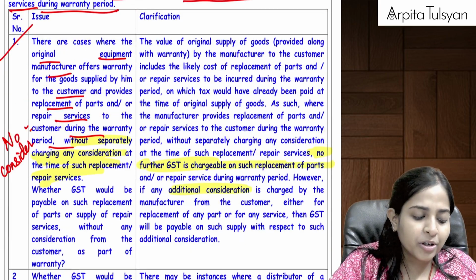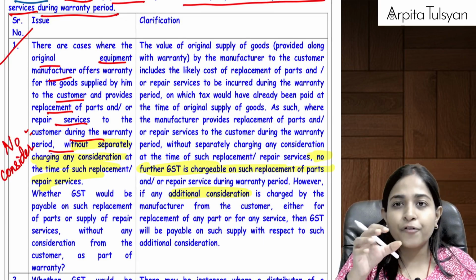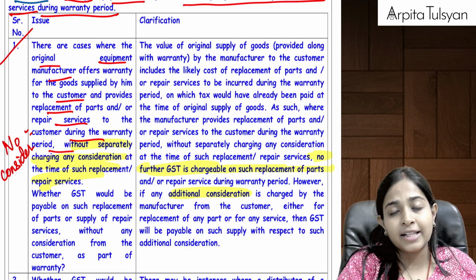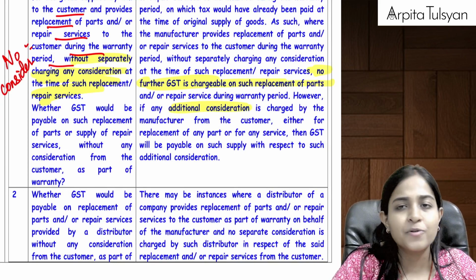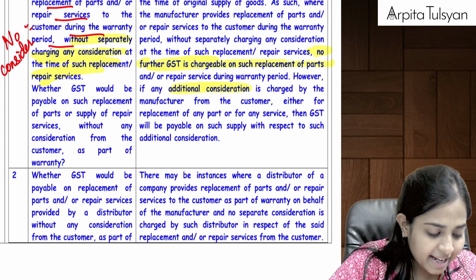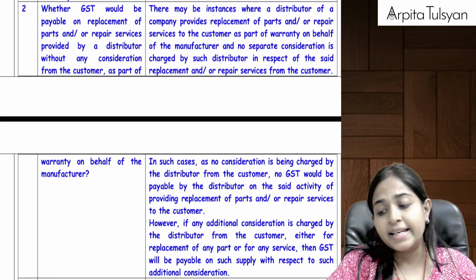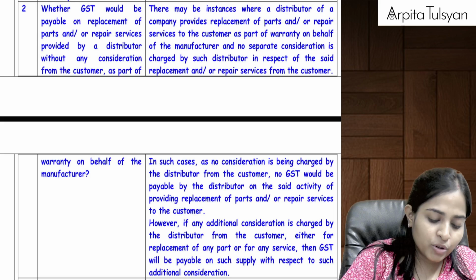What you can do here is simply write a small conclusion. As of now, I have taken here the entire clarification, the entire circular that was put. But for your study reference, you can simplify it in short and write beside it, so that when you revise, it will become very, very simple. Then let's go on to the next one.